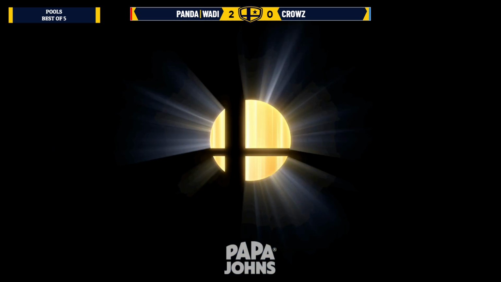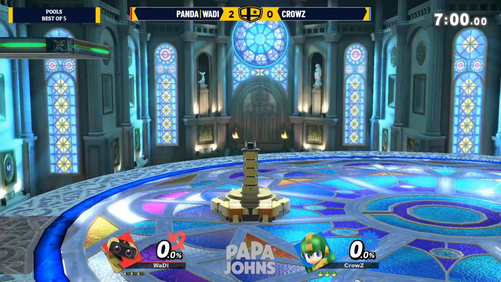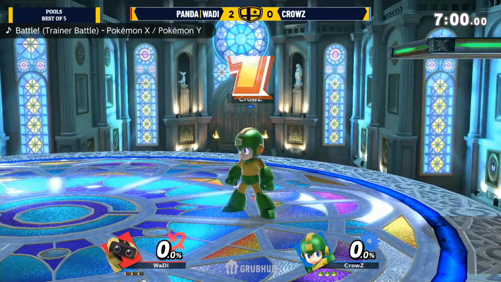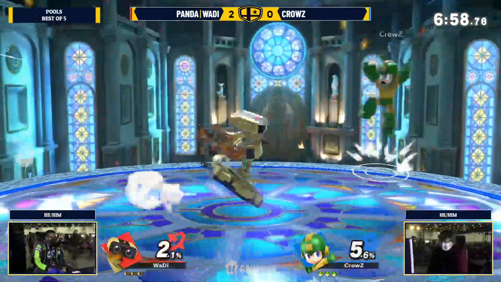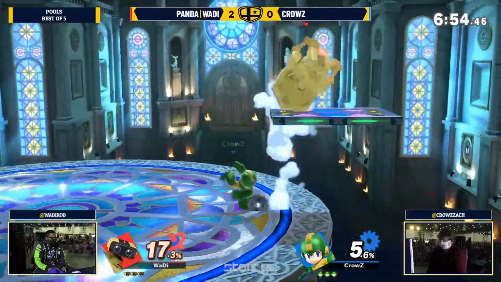I mean, WaDi's been a mainstay on the PGR for so long, dating back to the last title, too. It's not easy to beat this guy. And I'm, again, very glad that he's sticking to the Rob. This is the character that got him so many great results at the beginning of Ultimate. Kind of deviated from that for a while, but now it's back down to business for him, at least here